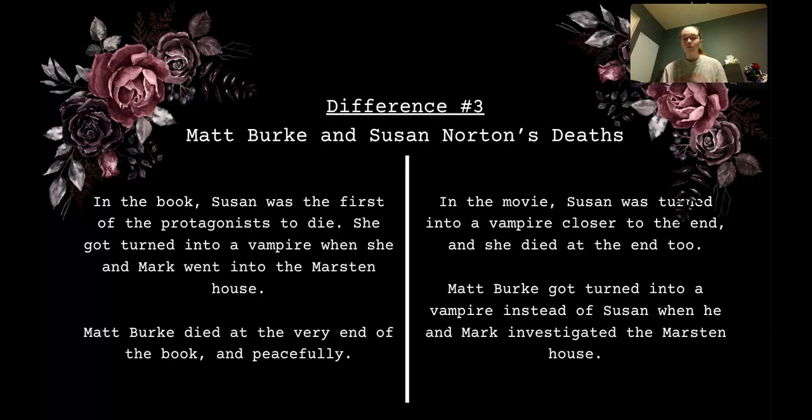And now that he's undead, he can't help Mark, Susan, and all of them do more research, because Matt had a heart attack in about the middle of the book. And then they did research from his hospital room with Dr. Cody, who is a big help with all of that, and he is also the one who gets everybody to believe. So because Matt is now undead, a lot of that doesn't happen, so it drastically changes the whole rest of the movie.